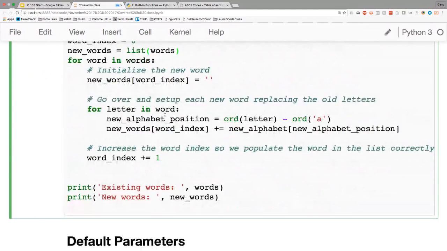I do that for every letter in the word, so I'll do that for T, H, and E, and that will be a new word, and I'll be done with the words in the first one, so then I come in and I increase my word index so that I then move into the second position